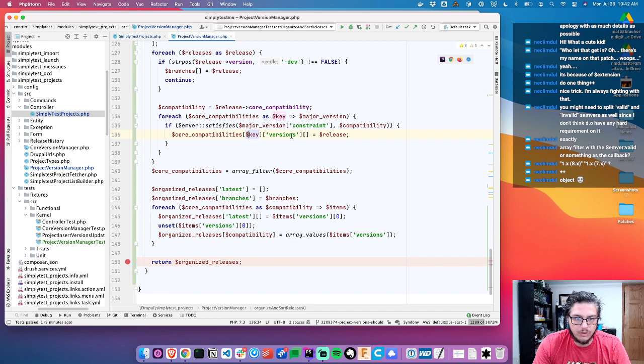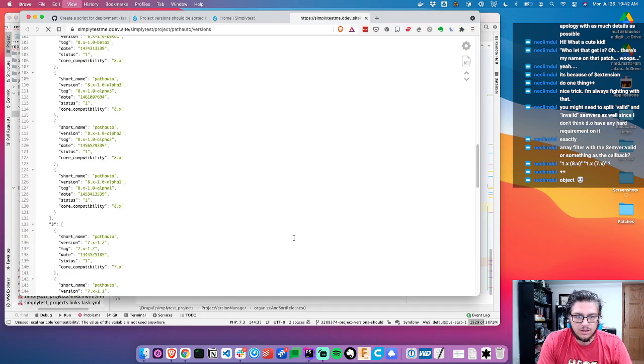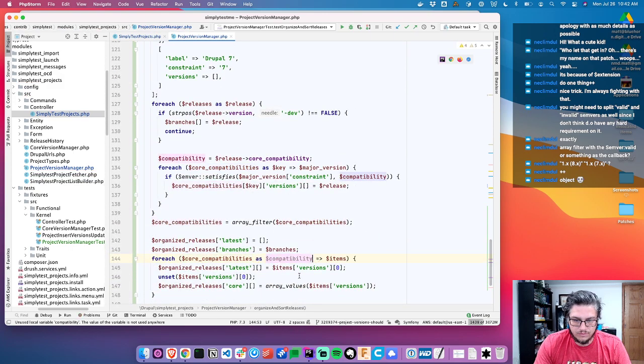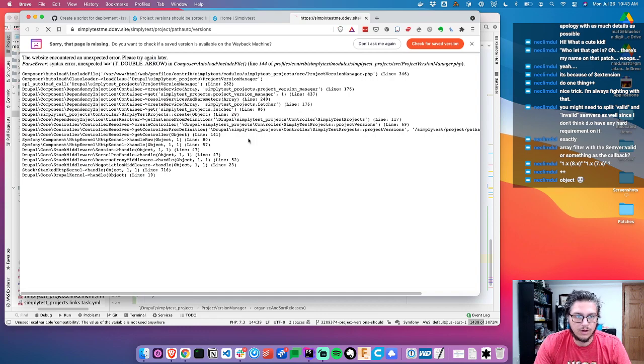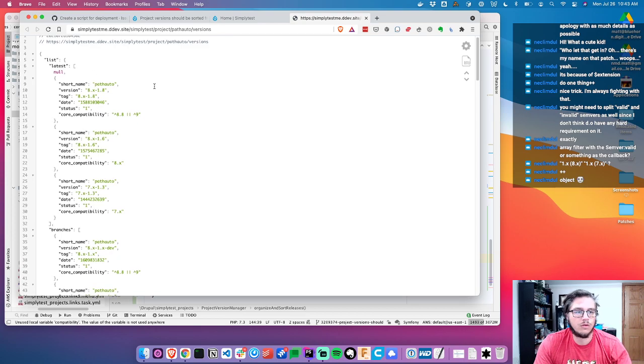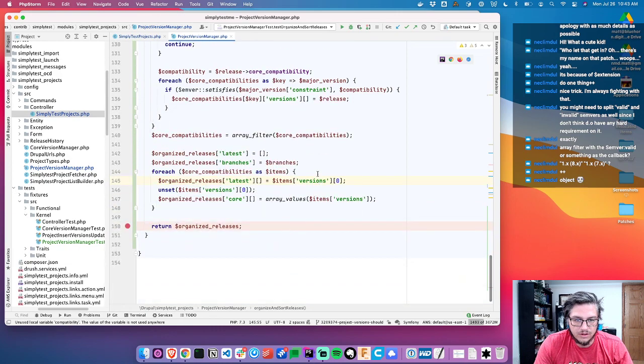So core compatibility keys versions. So let's do organize releases, core, and we'll append that as an array. Delete the compatibility. Oh, there we go. Deleted the wrong thing. All right. So latest, we got a null, but that's because